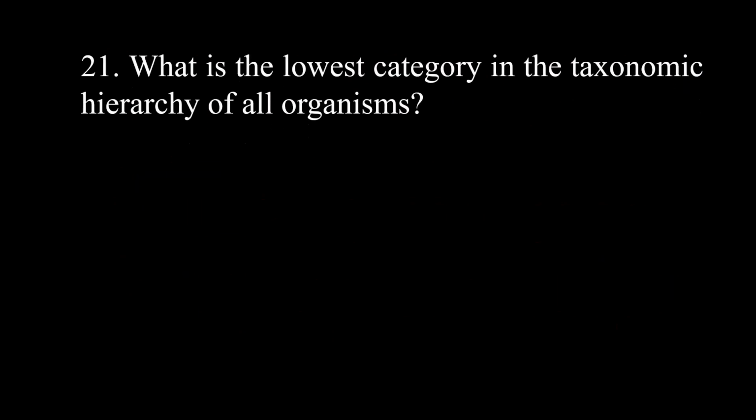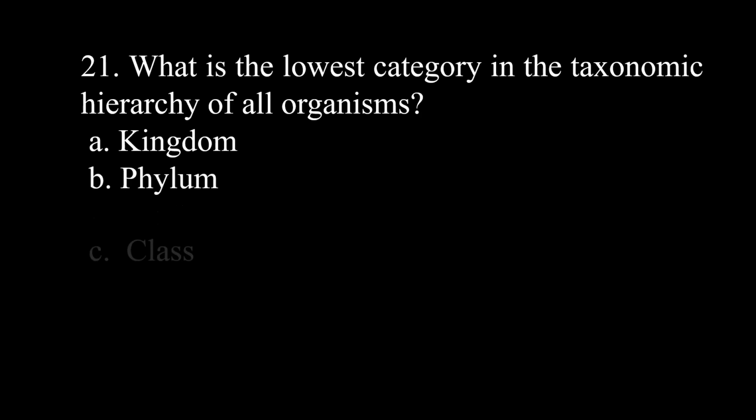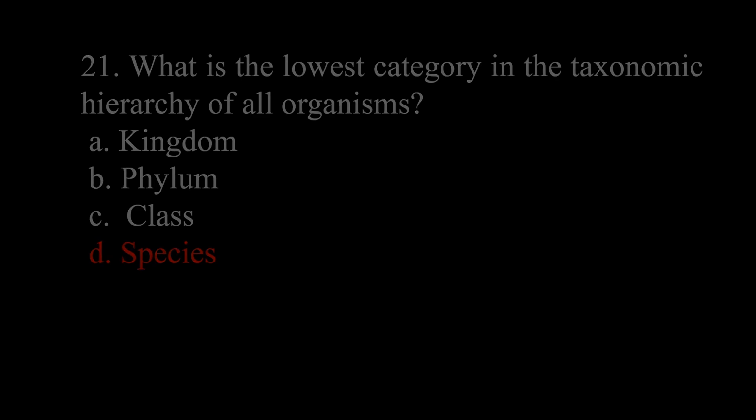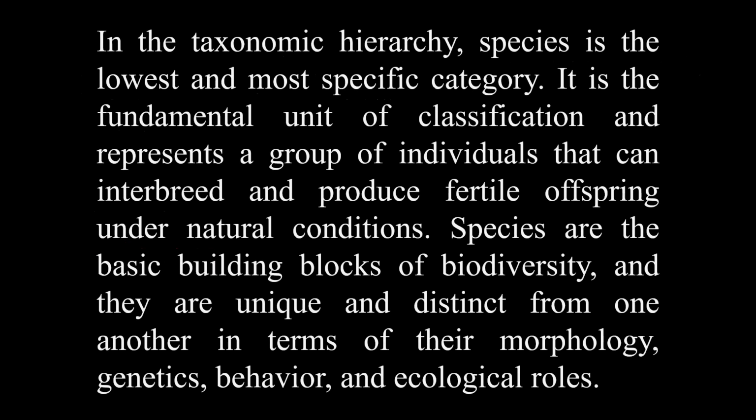What is the lowest category in the taxonomic hierarchy of all organisms? A. Kingdom. B. Phylum. C. Class. D. Species. The correct answer is D. Species. In the taxonomic hierarchy, species is the lowest and most specific category. It is the fundamental unit of classification and represents a group of individuals that can interbreed and produce fertile offspring